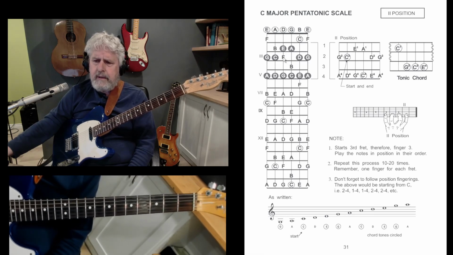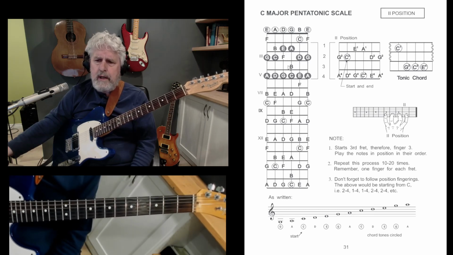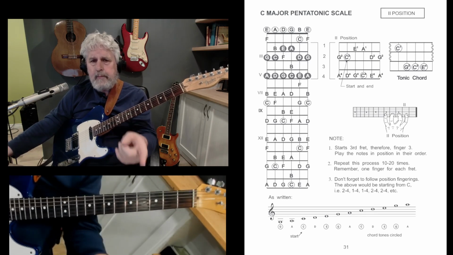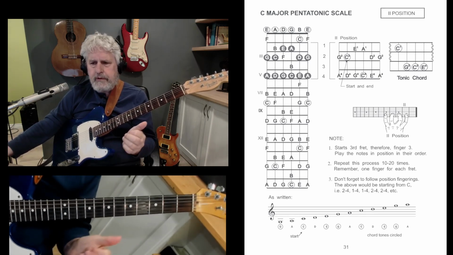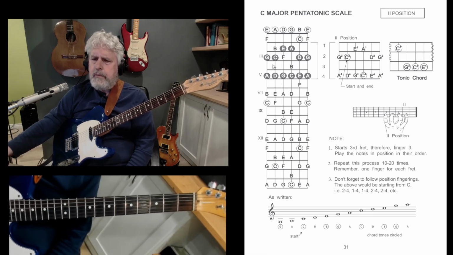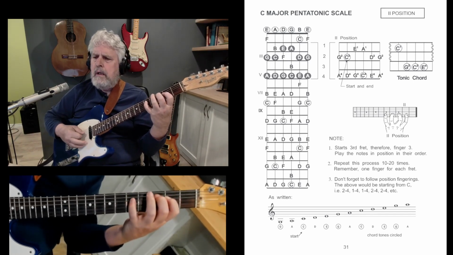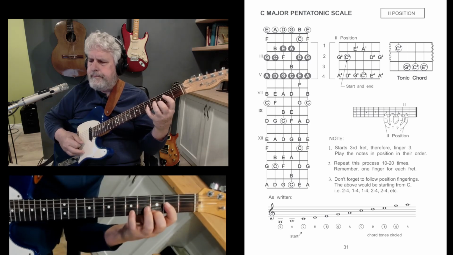Essentially we have removed the 2 notes that most strongly require resolution, that force you to, for instance, lead up to the C or fall down to the E, right? We've removed those, and so the quality of the pentatonic scale tends to be much more open